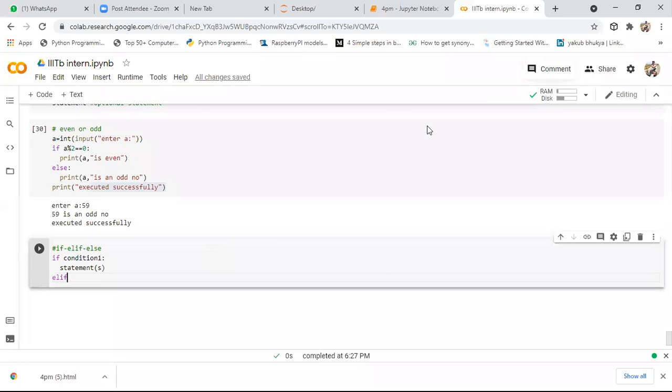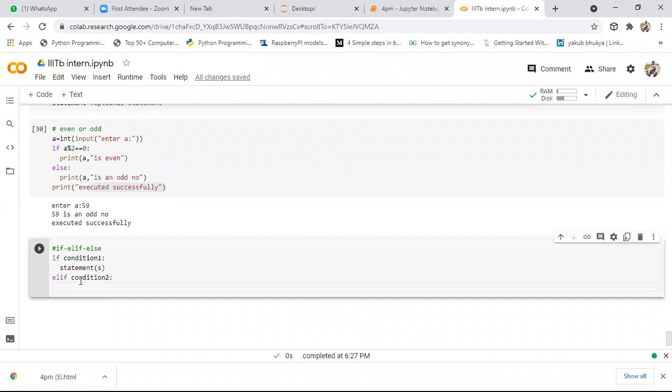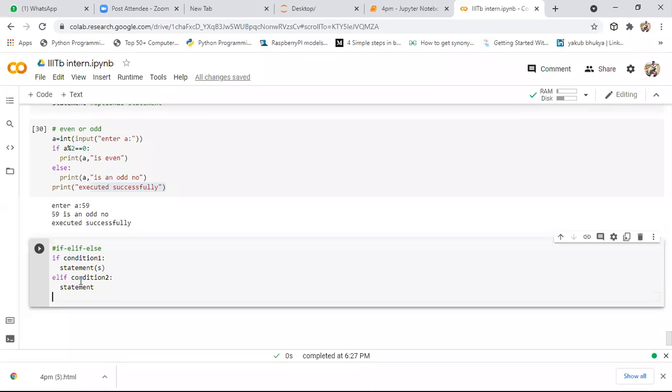After this elif, we need to specify the next condition. Here I'm specifying condition 2, then indent. After that, whatever statement you want to specify, you can specify. After that, we'll have elif again, with condition 3.